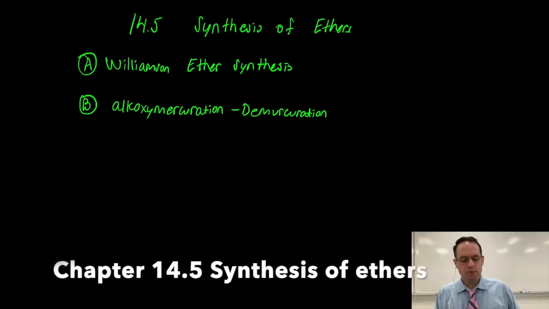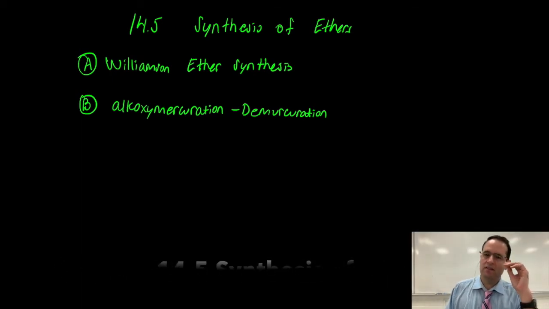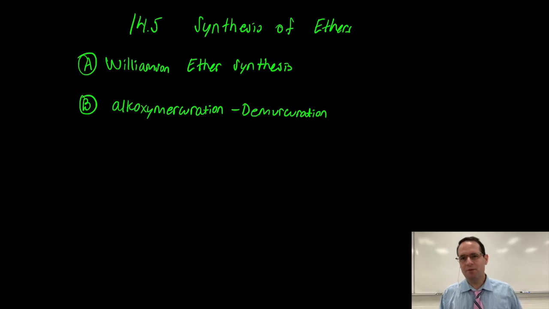In section 14.5, we want to think about the synthesis of ethers. How do we make ethers? Now, there's two modes of synthesis, or routes basically, we want to discuss here. You've got the Williamson ether synthesis, and then you've got the alkoxymercuration demercuration procedure, which is more academic because of